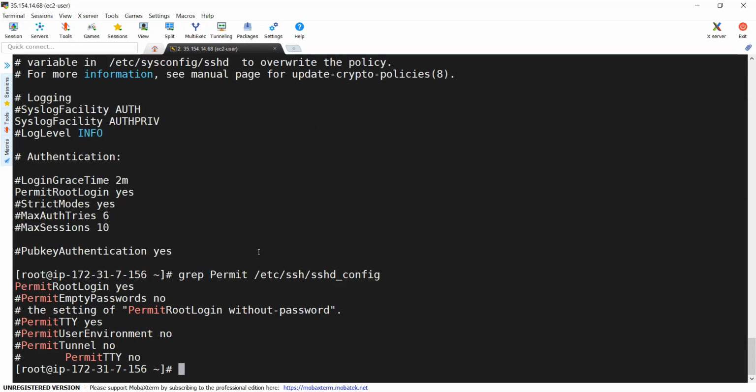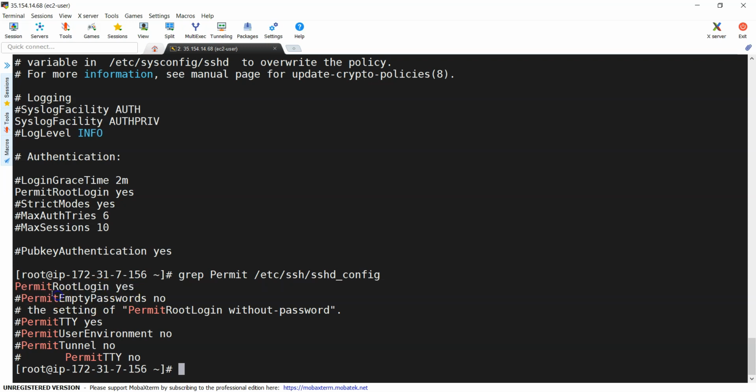Now you can see here in this particular file with Permit there are multiple lines, and among them this is what I am looking for. Now PermitRootLogin, yes, okay, it is there. It means that I can log in as a root user, because by using grep I am able to find it out. Otherwise, if it is a bigger file, I need to search for this particular option to see where exactly it is, whether it is enabled or not. Now it is quite simple, right? I can identify that it is enabled.